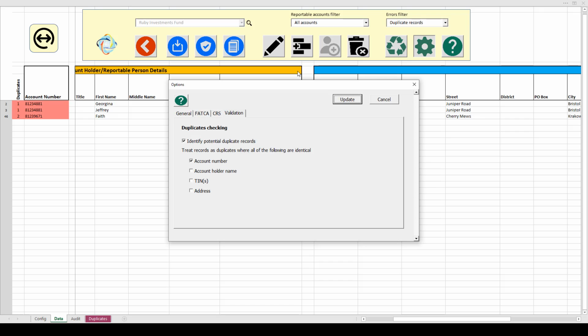If I go back to my settings, in the duplicates checking, you have the options to treat as duplicates only where all of the following fields that you select are identical. So if I tick all of these options, when I run the duplicates checking, it's only going to identify duplicate records where the account number, the name of the individual, the TIN and the address are all identical. So if I click Update,